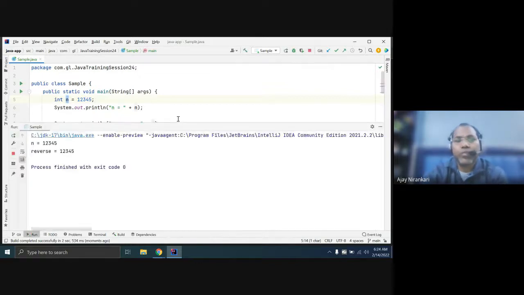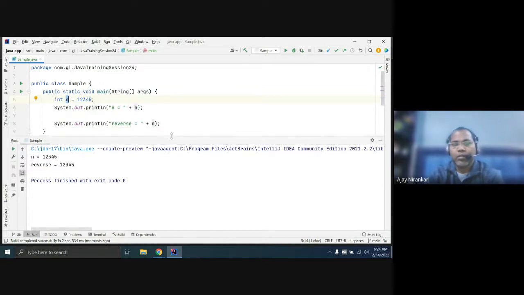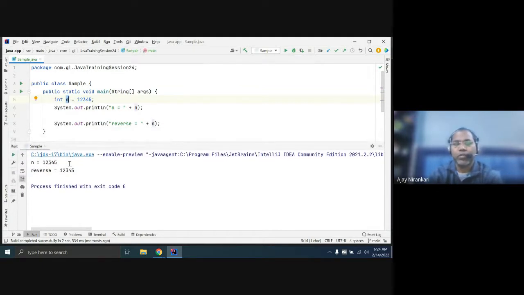There are multiple approaches, as discussed by Balwant. Let's discuss a different one. So what are the possibilities? For reversing the number, you need 5, then 4, then 3, then 2, then 1.